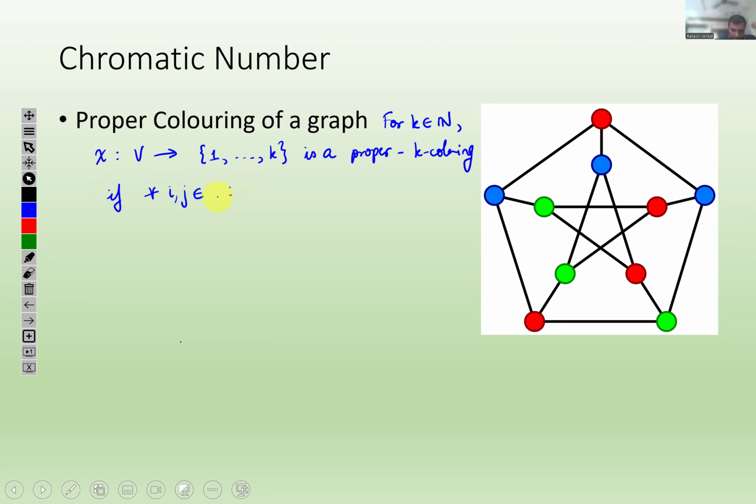Let me just write it. For all edges ij, I have chi of i is not equal to chi of j. So chi is the typical term used for coloring. So you're assigning colors to every vertex, and you want that no adjacent vertices receive the same color. For instance, here is a quite famous graph,